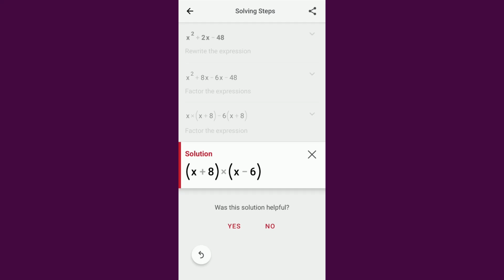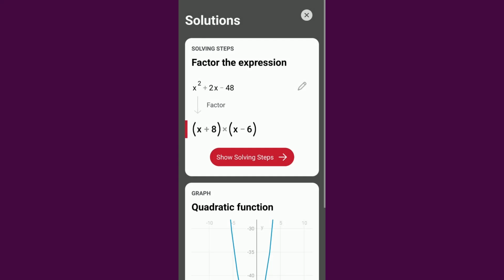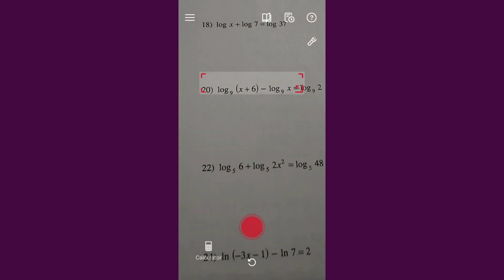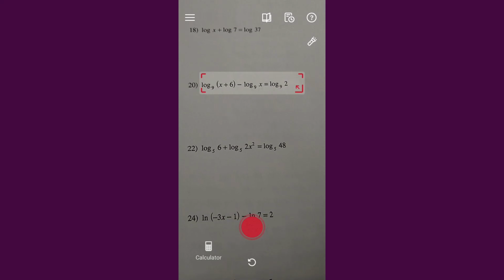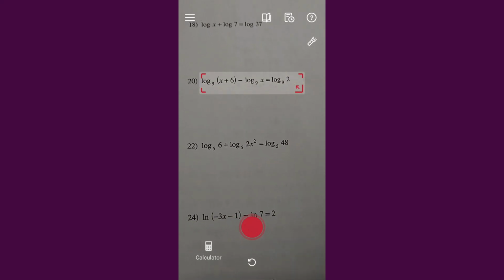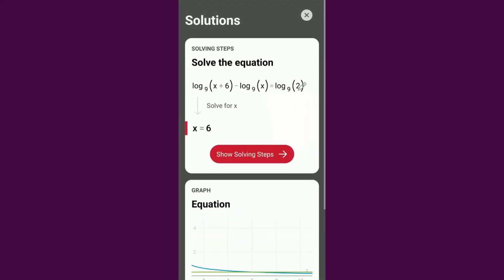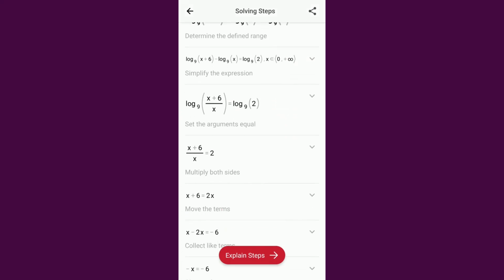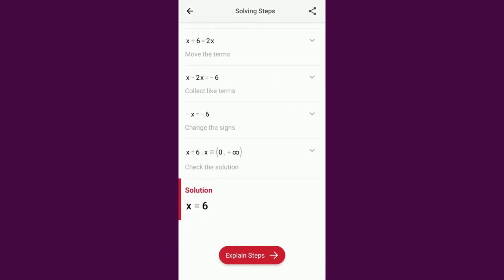Photomath will even do more advanced math as well. So let's take a look at a calculus problem. So again, I'm going to tap the back arrow at the top and then tap the little X to get back to my camera. And we'll just take a picture of this calculus problem. Okay. And so now the program analyzes it and comes up with x is equal to 6. So just like before, we can tap on the steps and we can see the steps to come up with the solution.